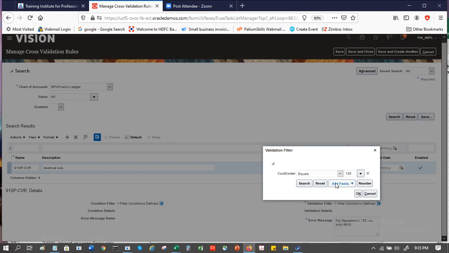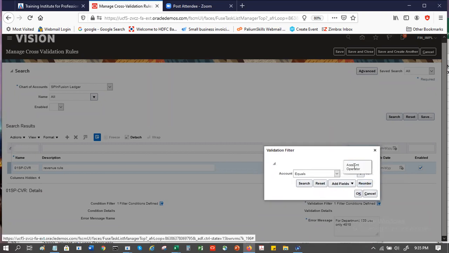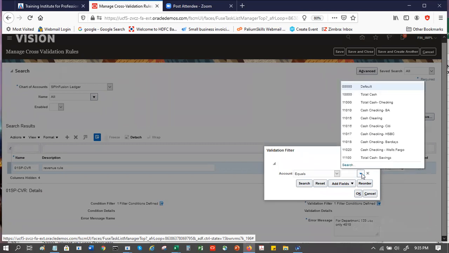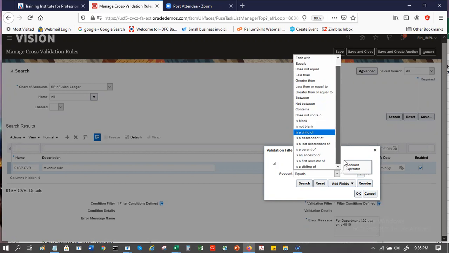I'll remove this. Account, I want only 4010 or whatever the value is. And if you want to put a range, how will that work? Between is equal to. Yes, they have thought of more or less everything one can possibly think of.